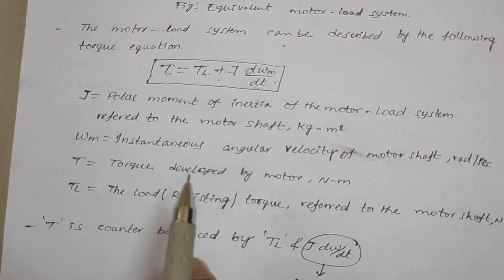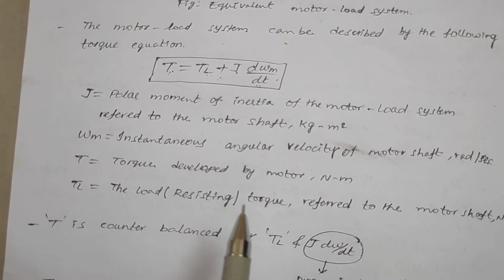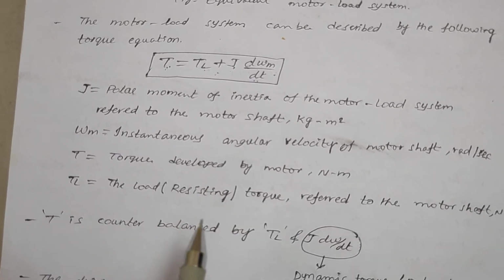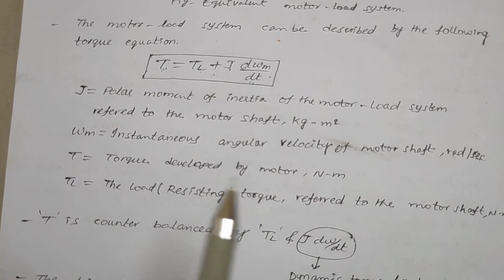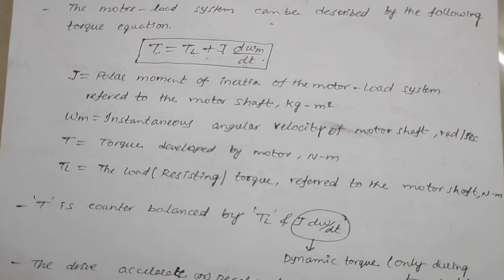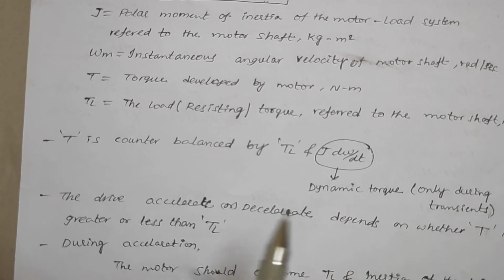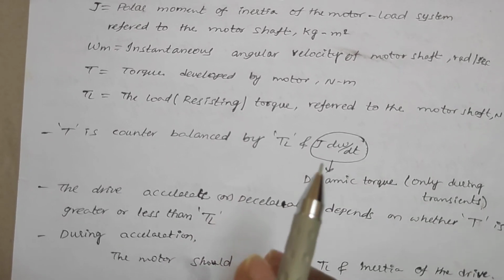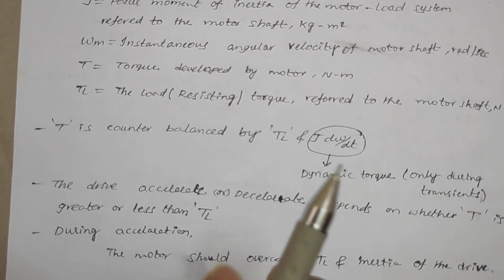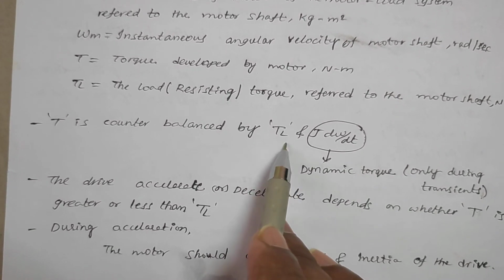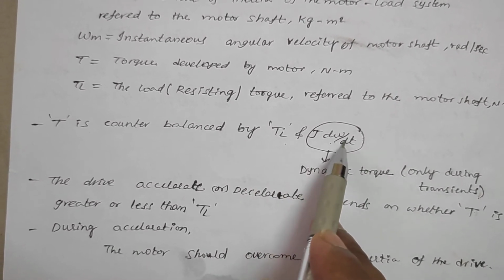T is the torque developed by the motor in Newton meter, and TL is the load torque referred to the motor shaft in Newton meter. Here T is counterbalanced, which means T is opposed by only the load torque and J into d omega by dt,